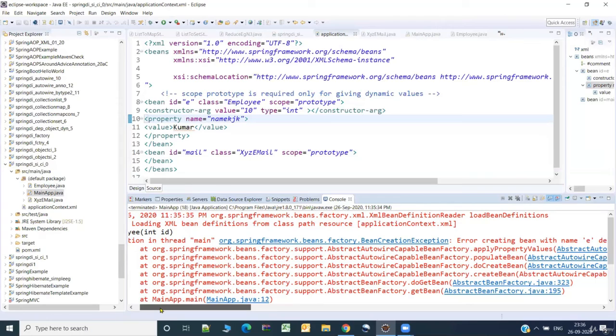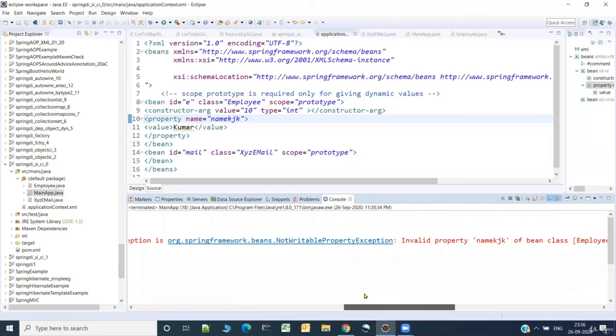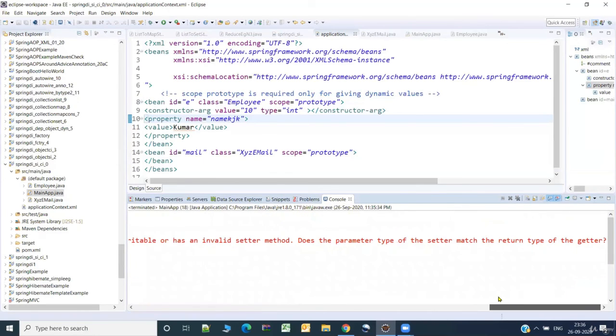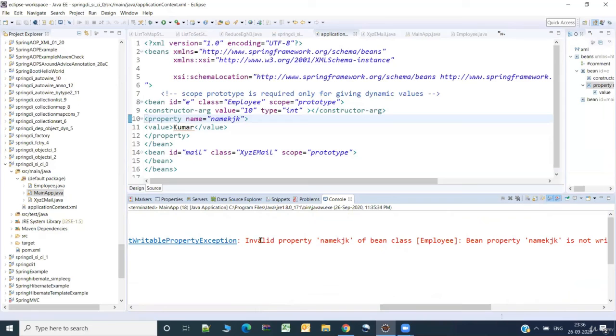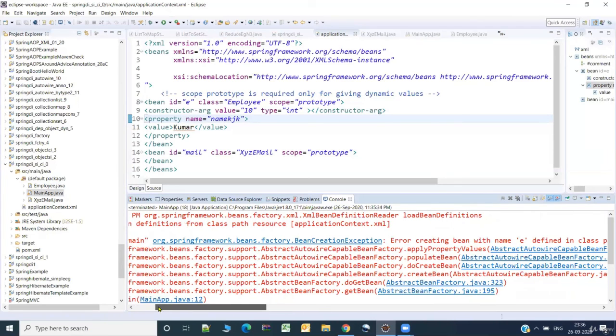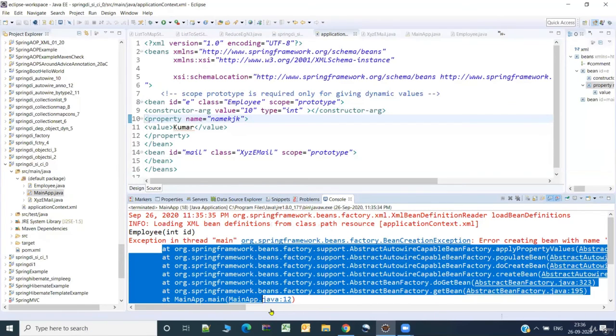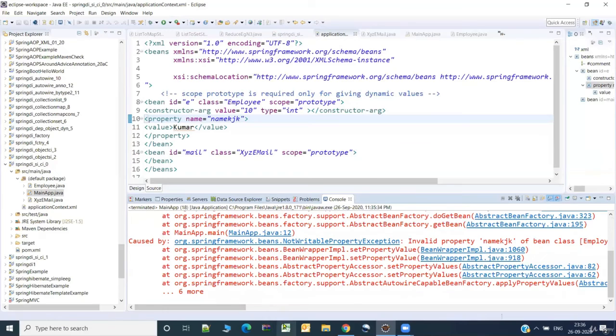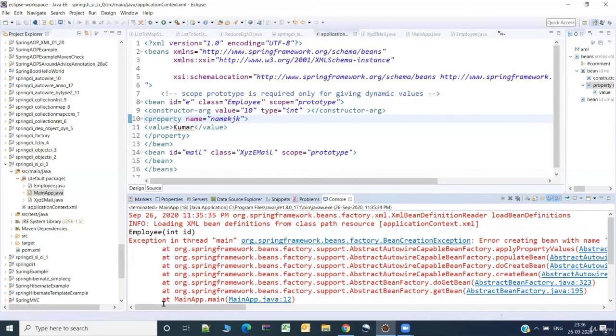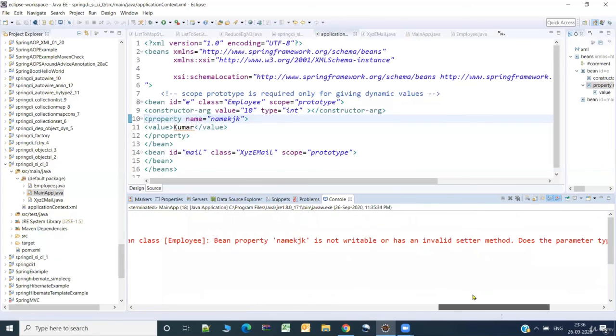Whenever you get any exception like that, very simple, just go to the first-most exception. And generally you get the hint at the last part of that first line. It is telling invalid property name kjk bean class. So this is a shortcut. Rather than exploring all the exceptions, you can go to the first-most line of the exception and check the last part of it. In case you do not get it there, then you need to explore the other parts